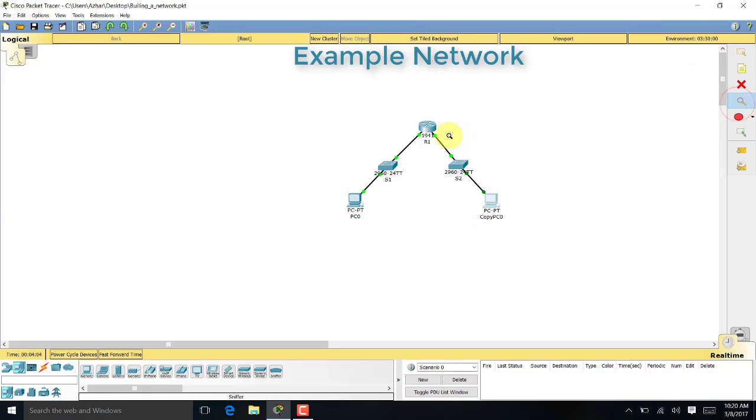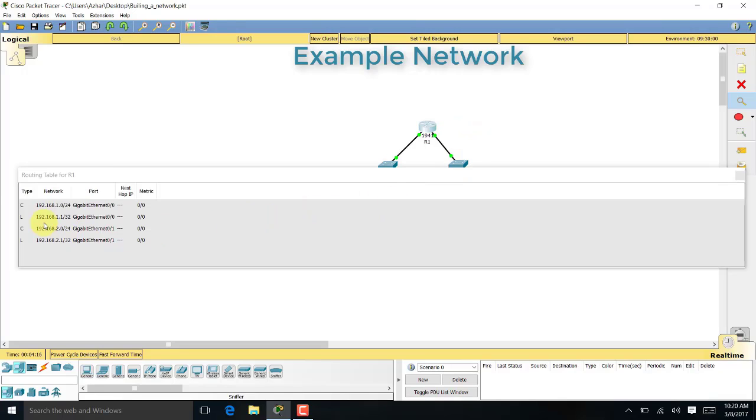Using the inspect element, you can find the network information such as routing table, IPv6 routing table, ARP table, NAT table, quality of service queues, port status summary table. In the routing table, you can see certain information such as network IP address, port, next hop IP, and